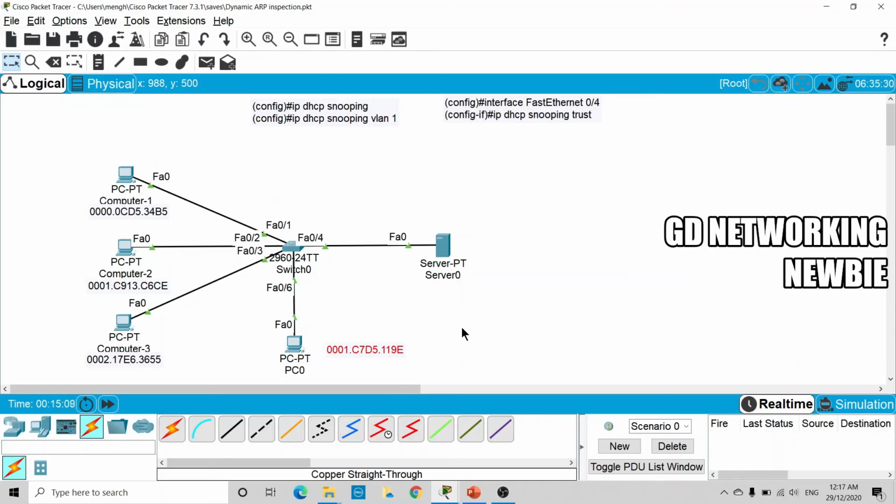We save all this information in the IP DHCP snooping binding database, and when any ARP request comes from a hacker who is using an IP address assigned to someone else, the switch will check that database, and if there is no entry, then the ARP request from that hacker will be blocked. It's an interesting and useful feature from the network security point of view.